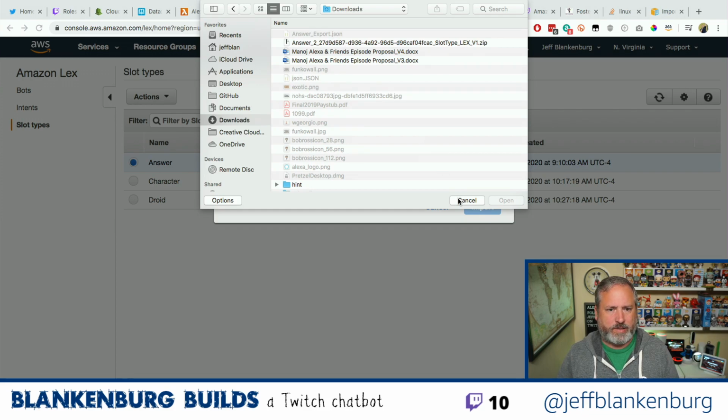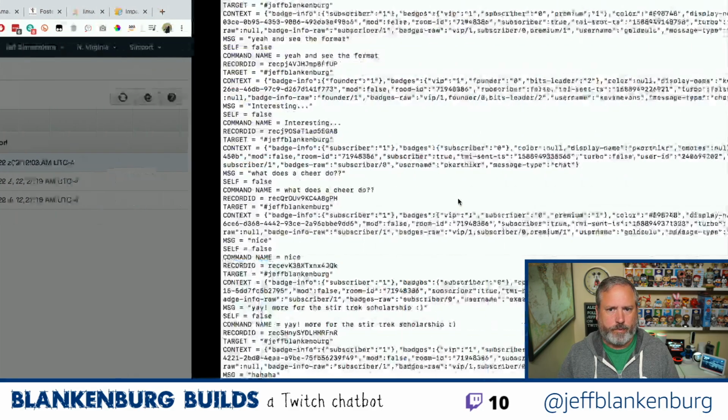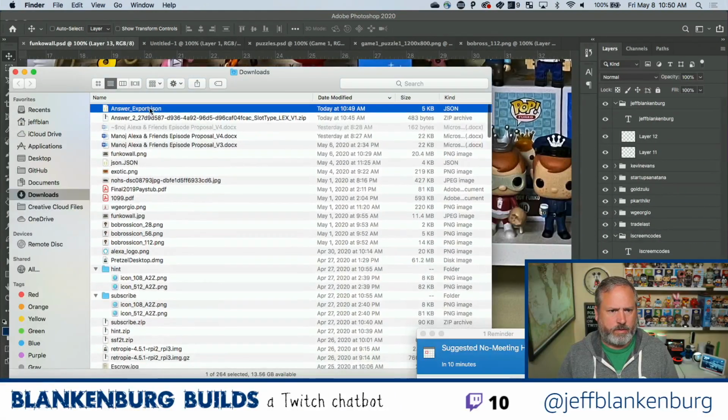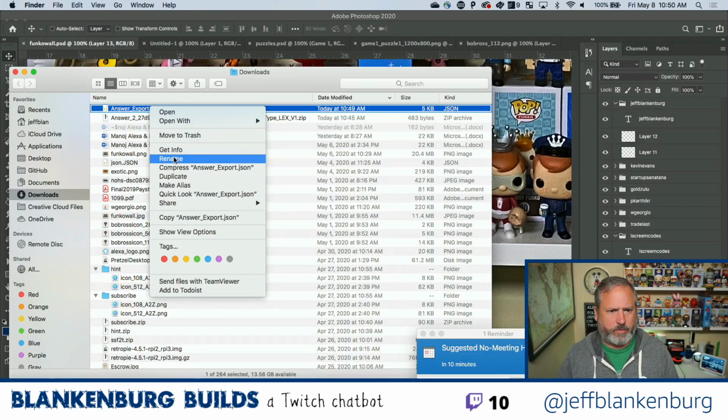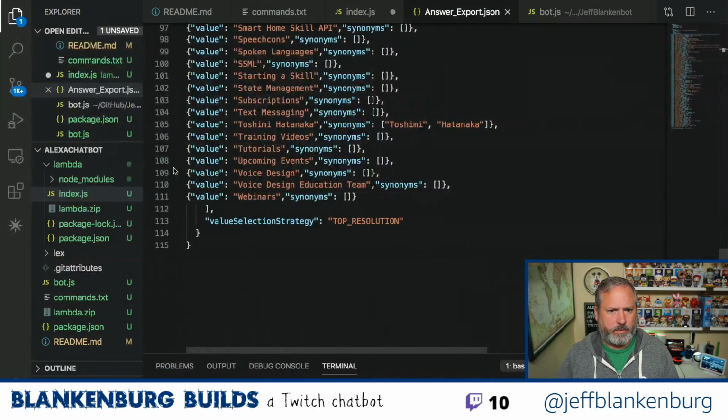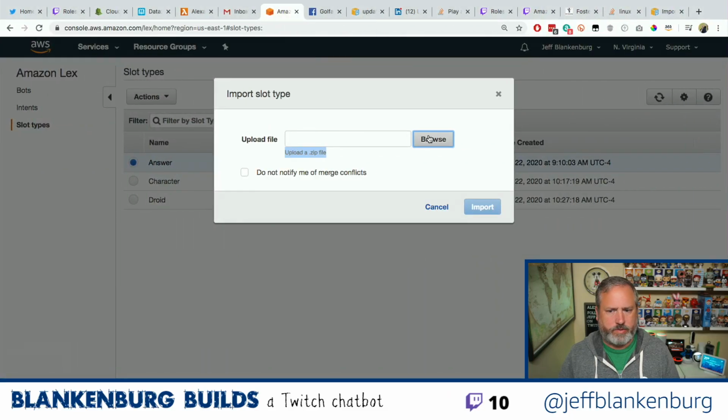Why can't I? Oh, because it only wants me to give it a zip file. Well, that's pretty annoying. Okay, I guess I can do that. So in here, I'll just take this answer export and I will compress. And then we'll come back here and we'll choose that zip file.